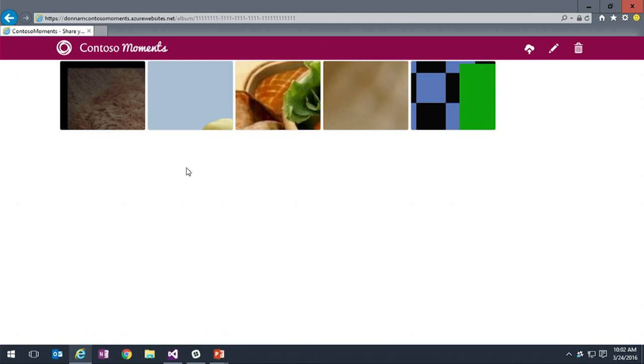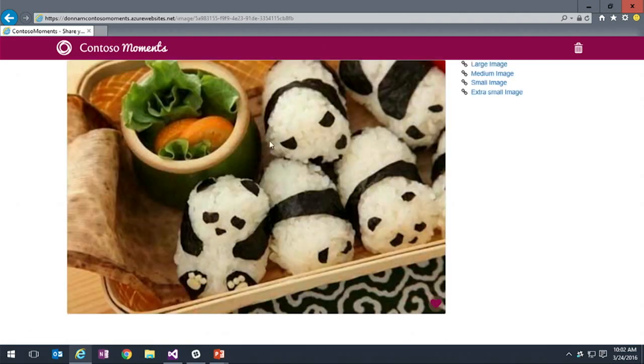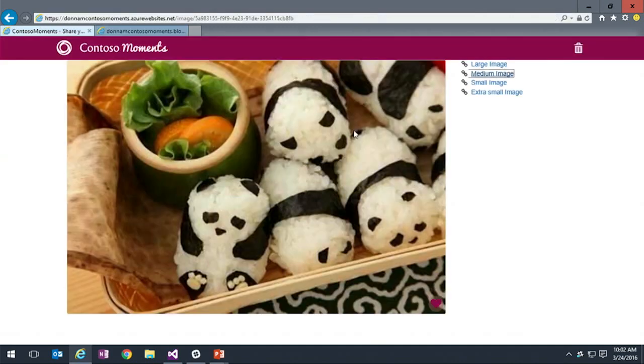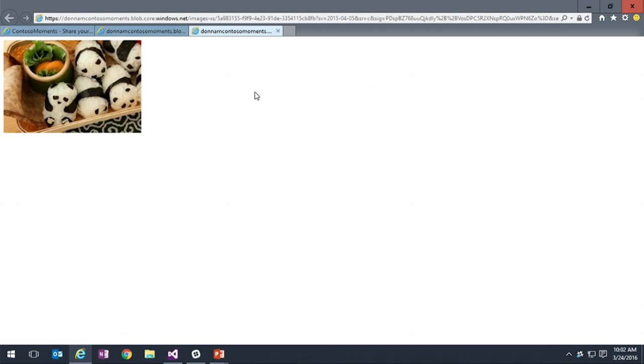And you can upload images that are either shared or private to a user. So if we go to the web client, we can see some of these images that we've already uploaded. Now on the right, you can see there's some links to load different size images. And the way that that works is that when you upload an image from either the web or the mobile client, we